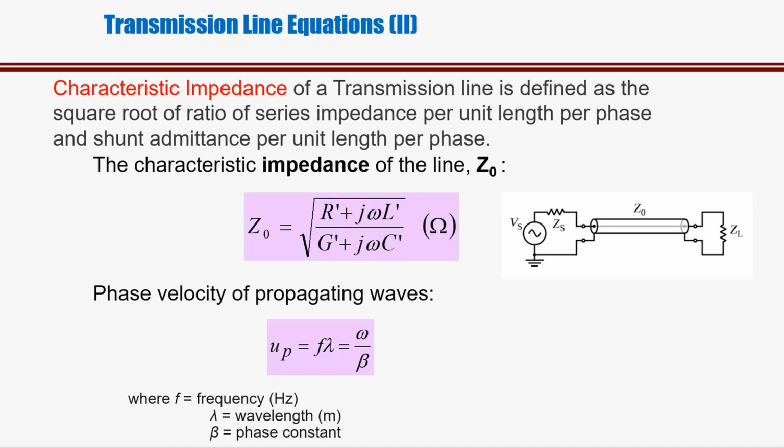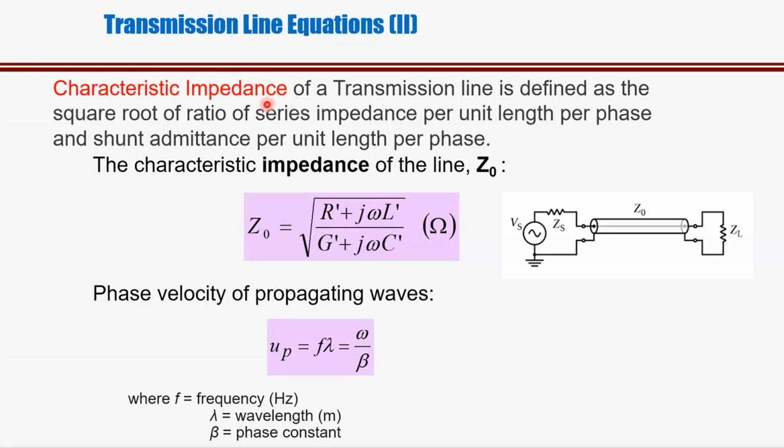So what is that characteristic impedance? Because of all those lumped parameters, as I have told earlier, we get some impedance for each and every transmission line, and looking into the sending end, if I measure the impedance, then that impedance is equal to Z naught. So that impedance is called the characteristic impedance of the transmission line.